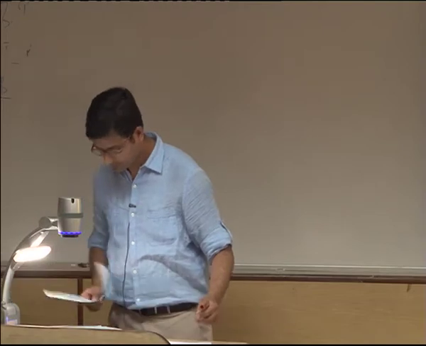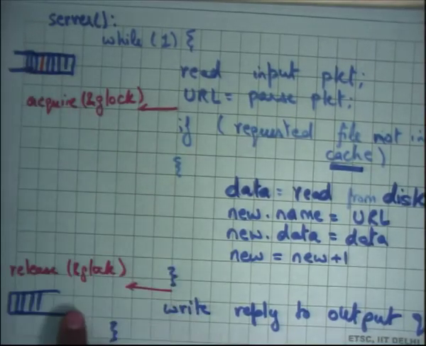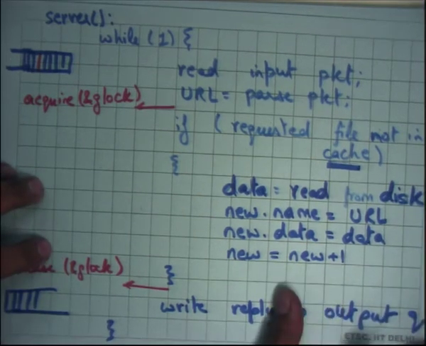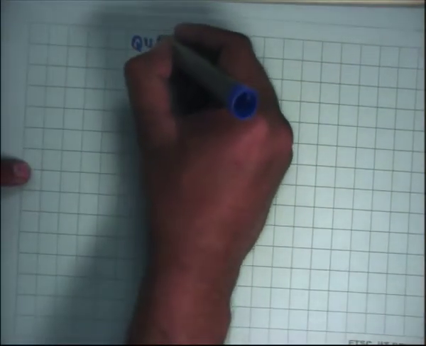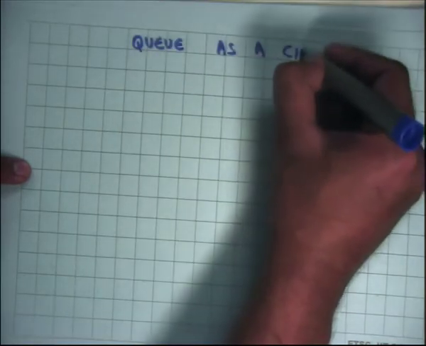queues. Right. So here's a queue, and here's another queue. And once again, having queues is a very common pattern in systems in general and in operating systems in particular. And how are queues implemented? Well, you could implement a queue as a circular buffer. Right. So a common way of implementing a queue is a circular buffer.